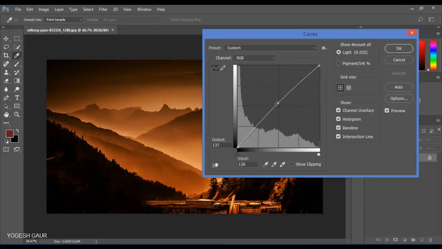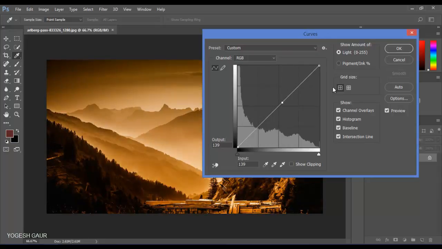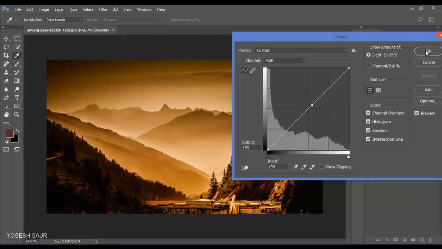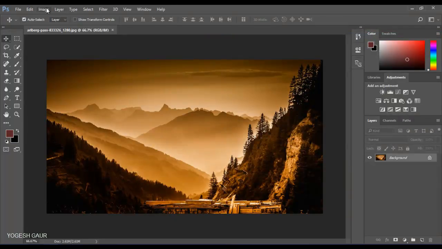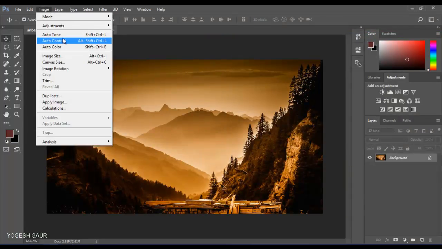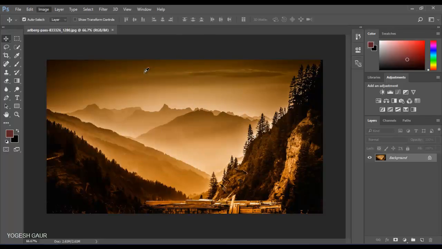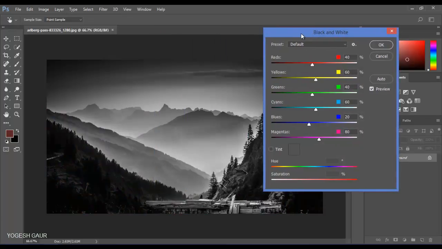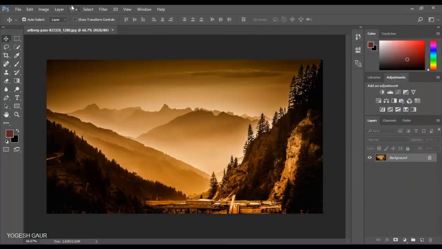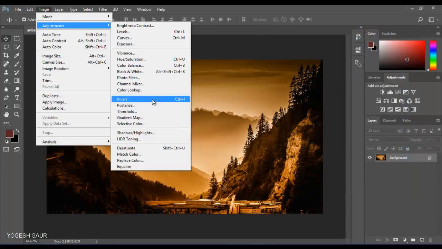You can see that. Okay guys, after that I can choose anything like auto contrast, adjustments, color balance, black and white. I can also make the image black and white directly from there. I use image adjustments, posterize, threshold, gradient map, and many new things I will tell you later in the next